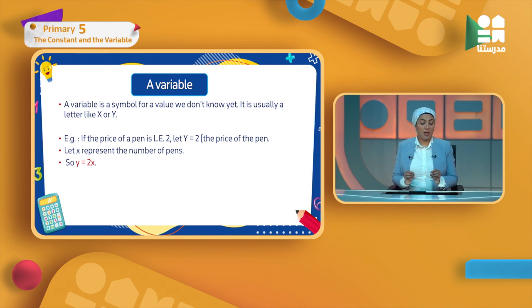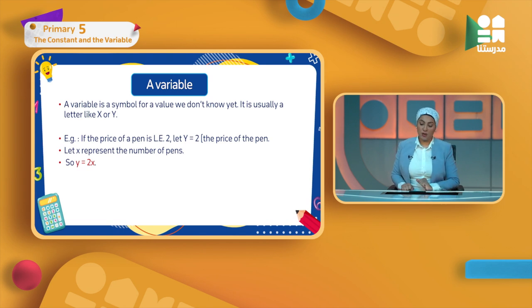So here the relation, now there is a relation between my constant and the variable that I have. A relation between them: Y, the price of the pen, equals 2x. Here Y is not the price of the pen, Y here is how much money I'm going to pay according to the number of pens I'm going to buy. I said the price of the pen is fixed, 2 LE. When I want to know how much I'm going to pay when I go to buy these pens